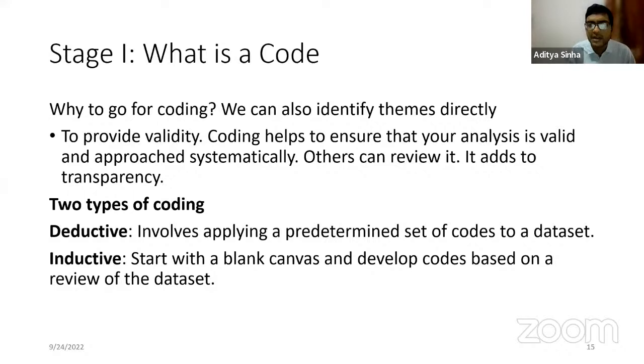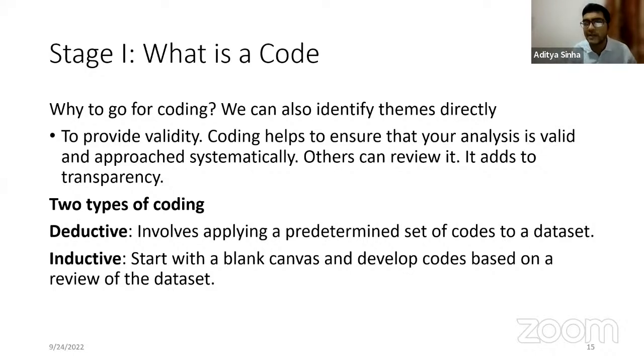So there are two types of codings. Particularly, there are two types of codings. The first type of coding is called deductive coding. Okay, and the second type of coding is called inductive coding. So these two types of coding depend on the research objectives that you have set, the research methodology that you have set. Okay, so in case of deductive coding, what happens is that we already have a code